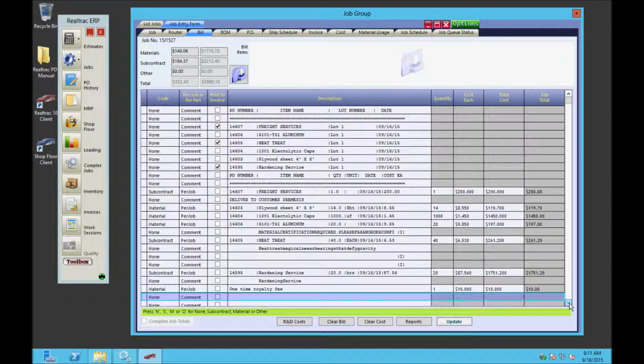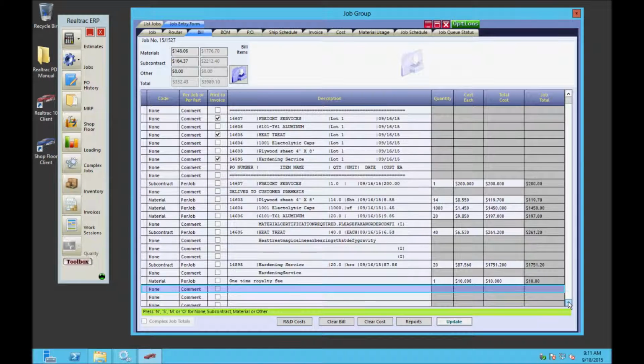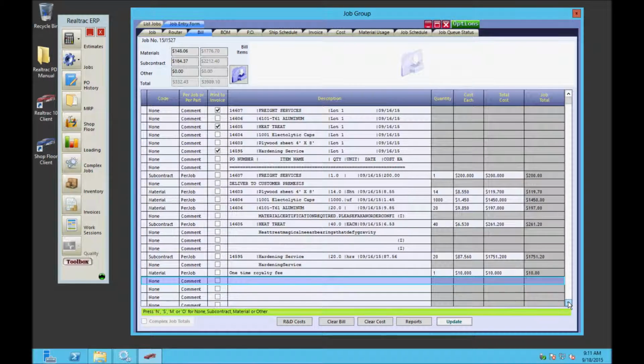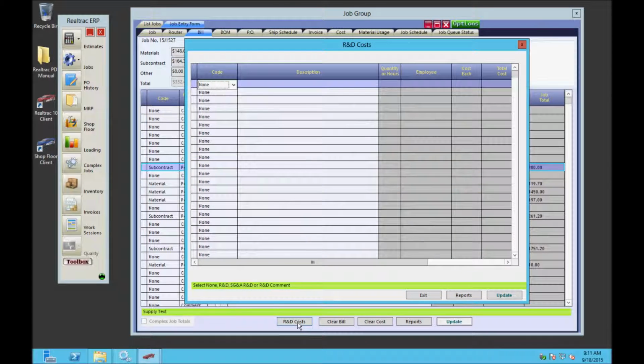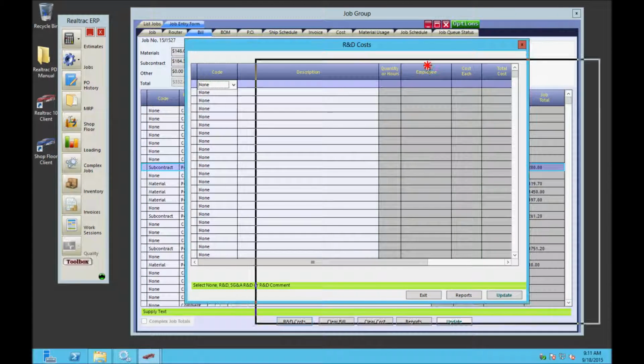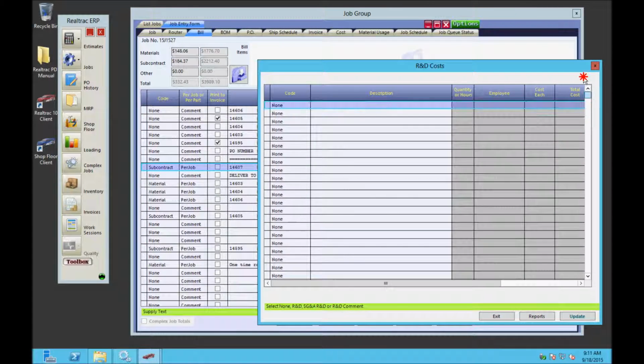You'll see in our bill we have some expenses for the material, some subcontract, and also that freight charge that we noted earlier. You'll note also here on this interface we have an R&D bill button. This pulls up the bill interface, but it's only for R&D eligible costs. It's important to understand that bill lines added to the R&D bill will not add any cost to your job. Instead, these bill lines are only used when creating the R&D tax credit